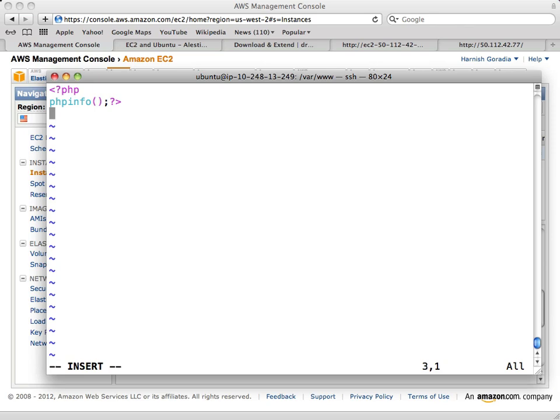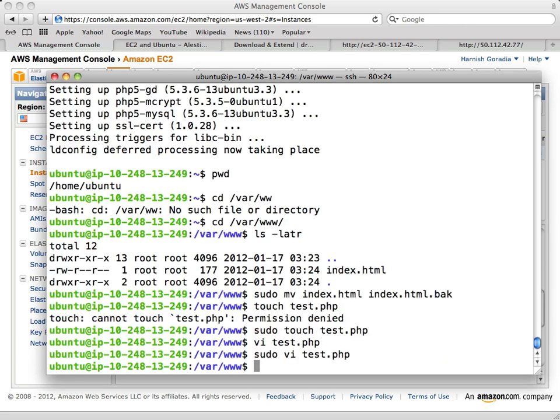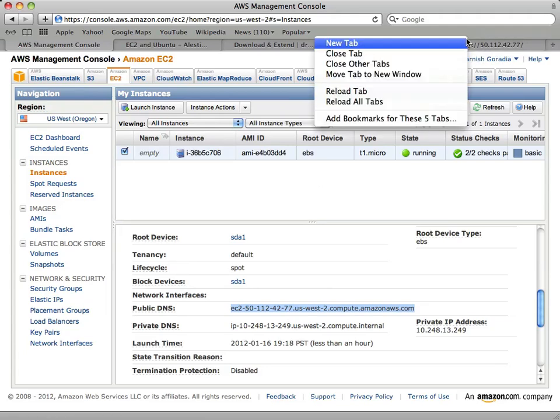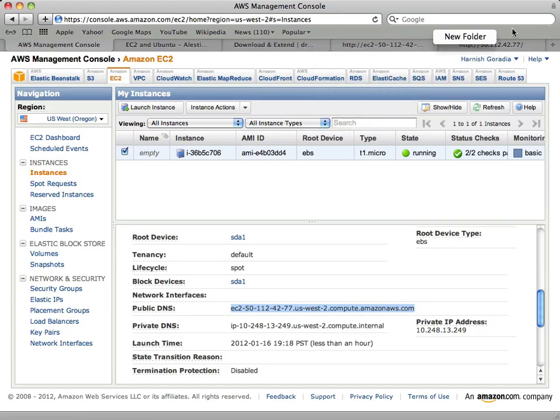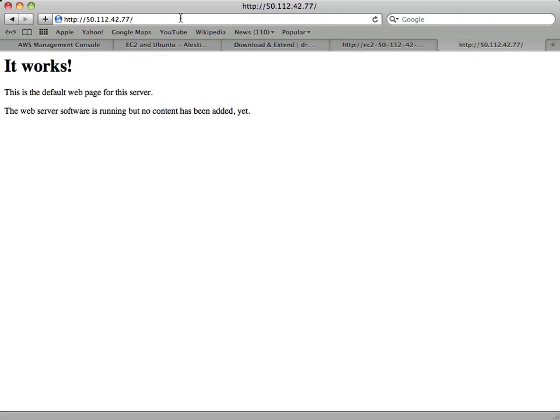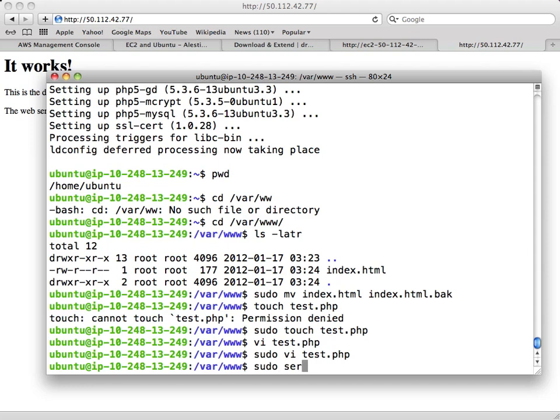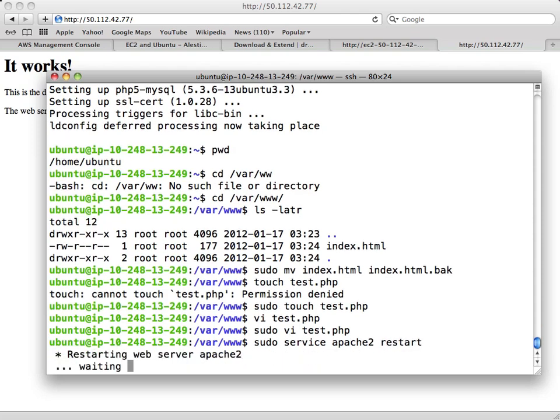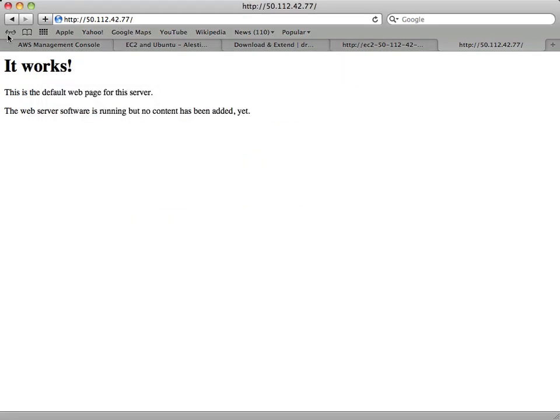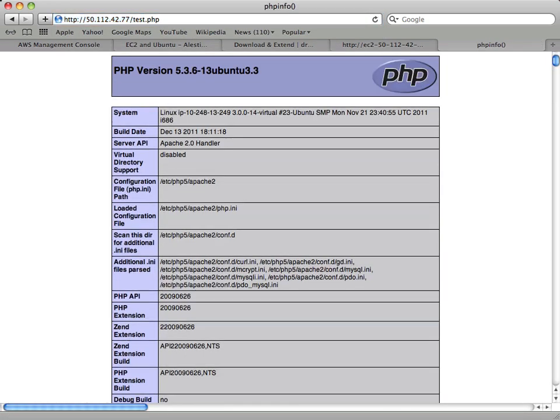That should do it, right? Okay. Stop doing that. That should. PHP works.